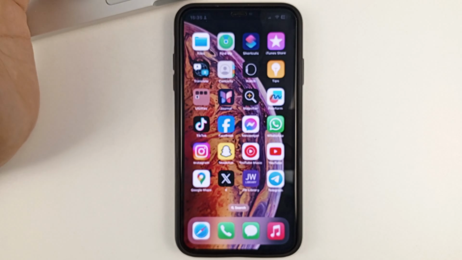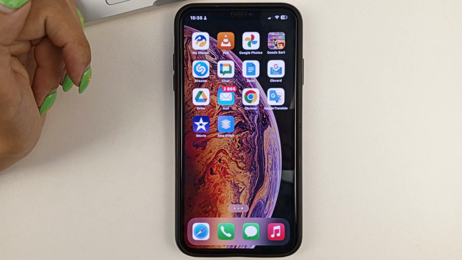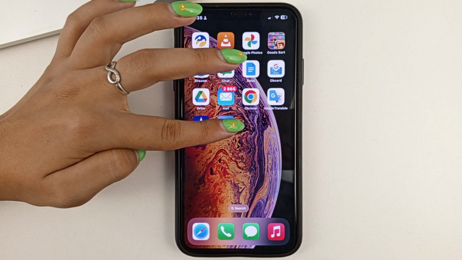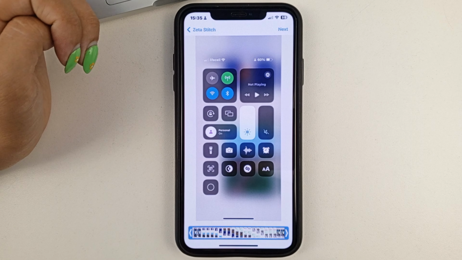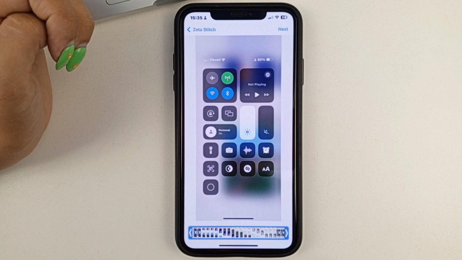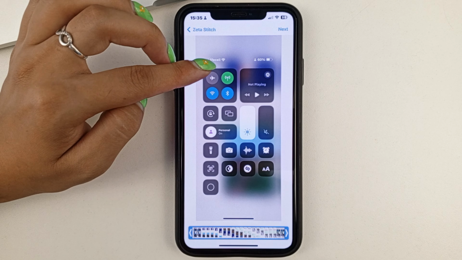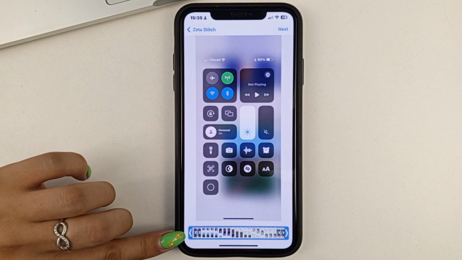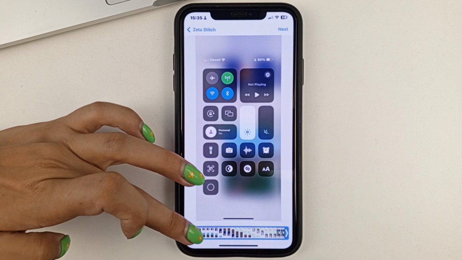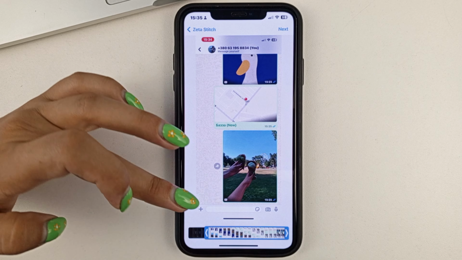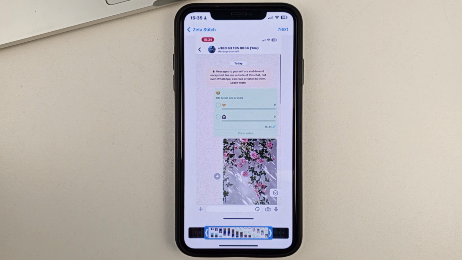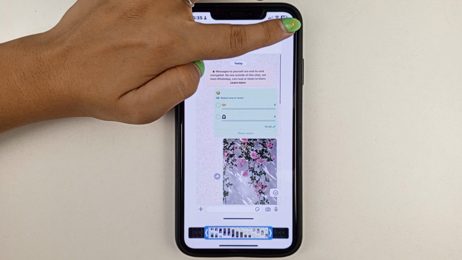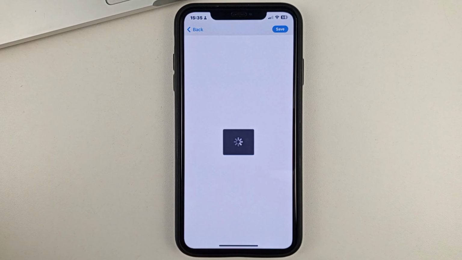After that, friends, exit the WhatsApp app and go into Zeta Stitch. You will automatically be taken to the screen recording you just made. This is where you'll need to crop it right here at the bottom. Move these blue borders, both at the beginning and at the end. When you're done with that, click Next on the top right-hand side.